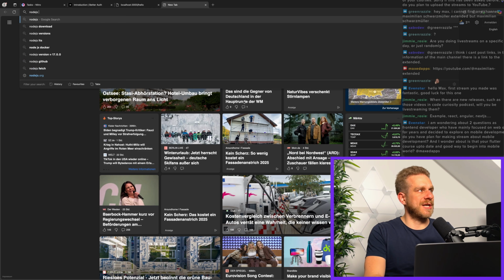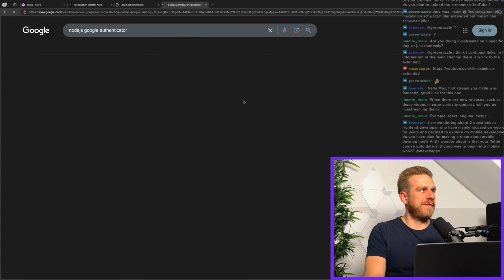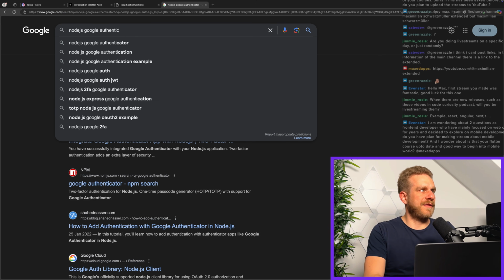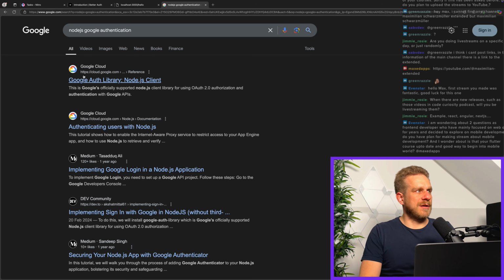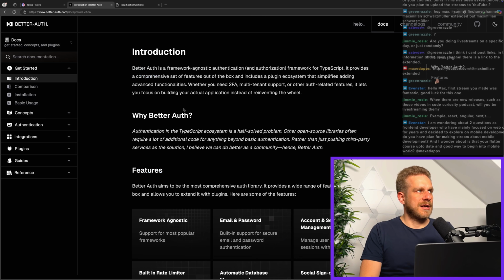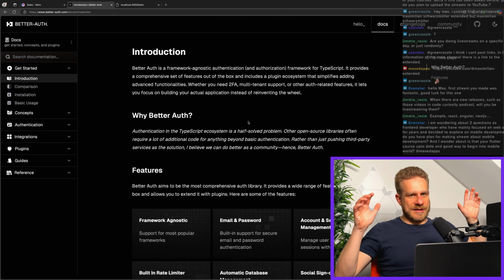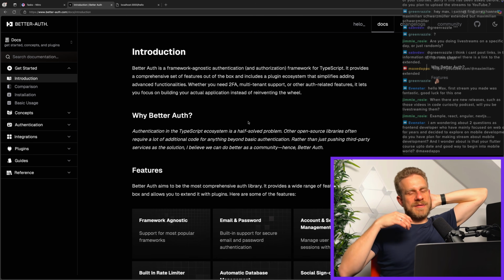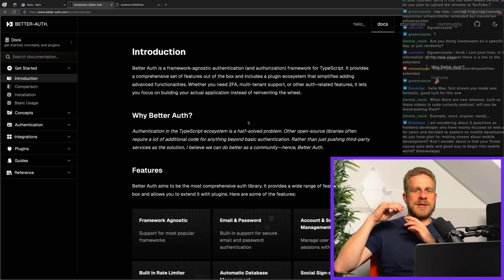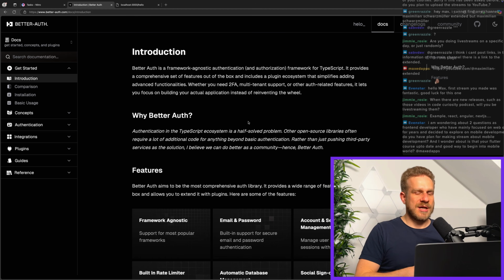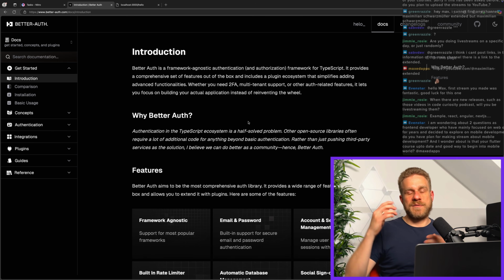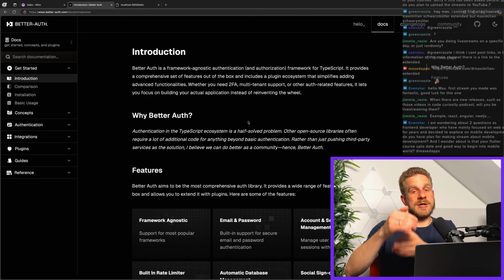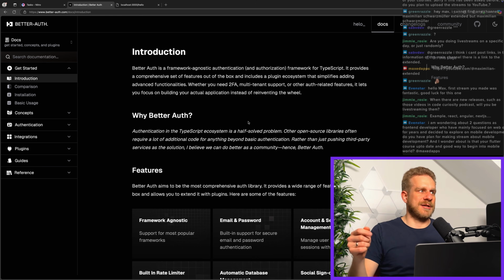So if you search for Node.js Google authentication, you will find lots of documentation on how you could do this with Node.js. However, if you want to build an application where you also allow users to sign up with email and password instead of using an integration like Google authentication, if you then also maybe want to support two-factor authentication for those users that used email and password,